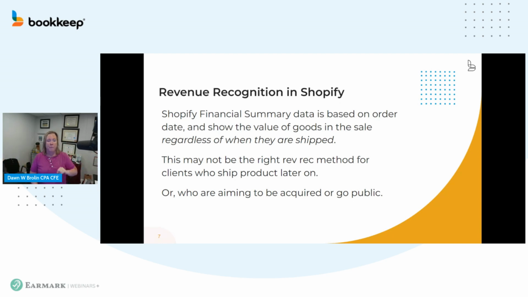It doesn't ship until February, which has been an issue since COVID, I have to say. Furniture shipping has taken a lot more time than it used to in the past. So not only are you crossing maybe weeks or months, now you're crossing fiscal years. So essentially the Shopify revenue will be incorrectly stated each month because it's being booked pretty much on a cash